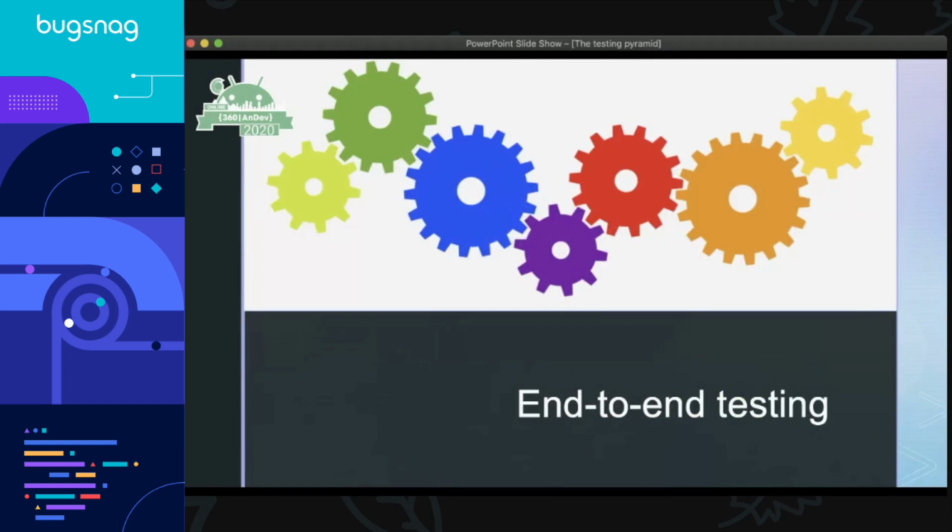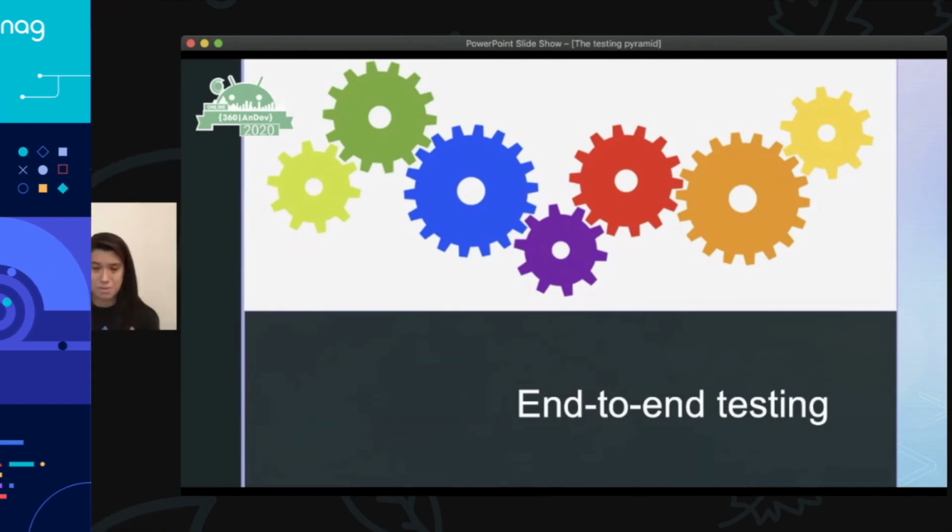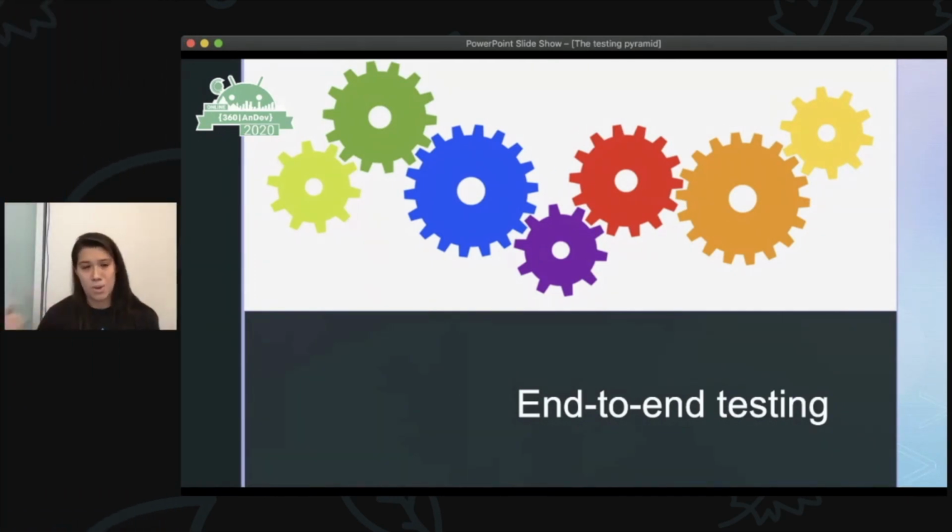And the final one is end-to-end testing. So that simulates the full experience, mocking the user touching the screen, all the way to the user looking at the screen again. And these are in an Android module. So I'm going to be saying that they use Espresso throughout this talk, just because I have no experience with Robolectric, but I do believe that they both work the same way in end-to-end tests.